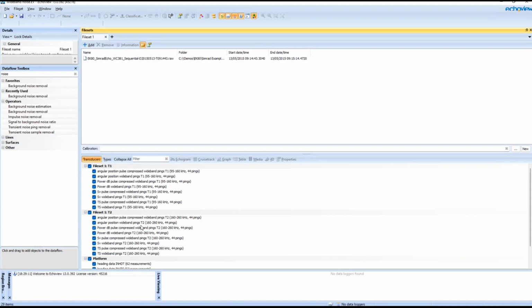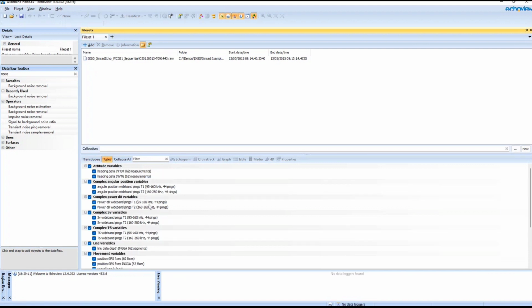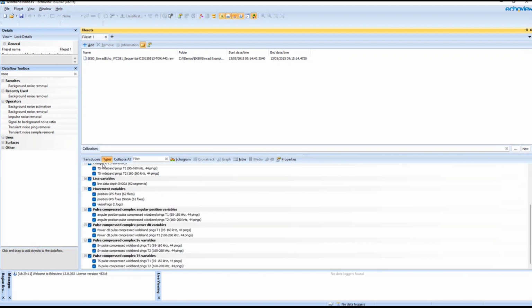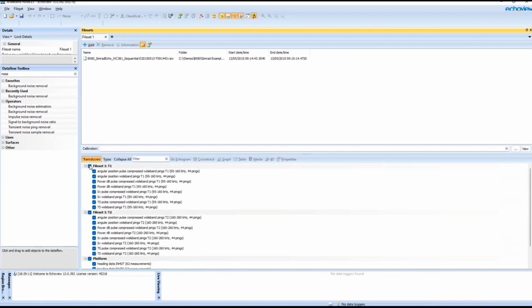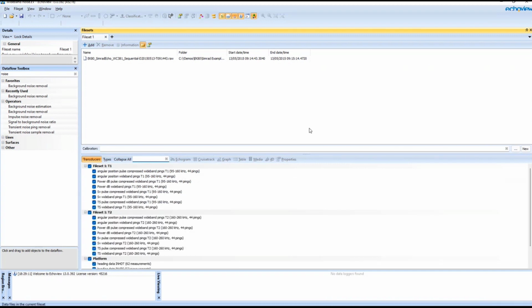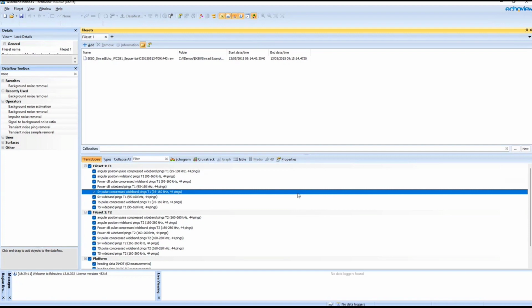So it wasn't very helpful, made it hard to find raw variables here. We've changed this so now it's alphabetically sorted within the different types. So currently I've got it listed by transducer. We'll see T1 and T2, but we can switch to data type. So that will then include power variables, SV variables, movement variables, all lumped together. We can easily disable groups of variables or individual variables. And we can also filter here to find the variables of interest. So that's just a little helpful change to the interface to the file sets window.